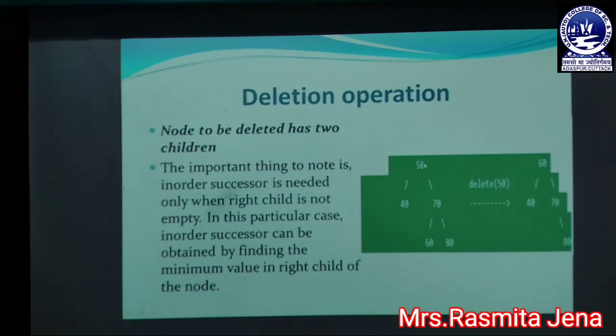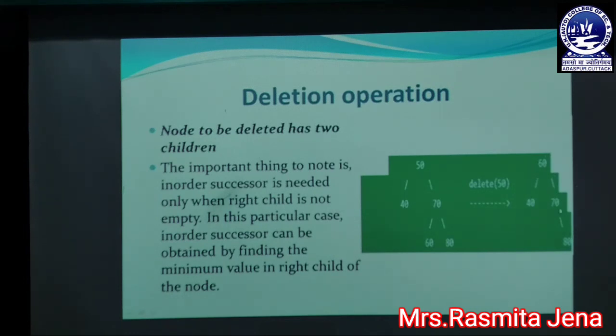When we delete the node 50, the in-order successor can be obtained by finding the minimum value in the right child of the node. So 60 will move to the root node position, the position of the number which is to be deleted, and 60 is the in-order successor of that data element. When I move 60 to that position, let us see whether the tree remains a BST.